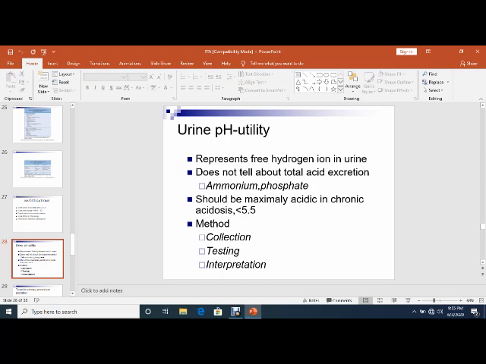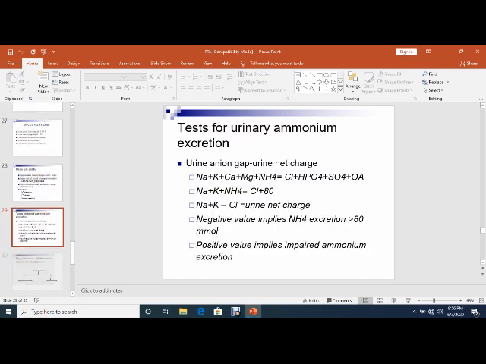Urine pH represents the free hydrogen ion in the urine. It does not tell about the total acid excretion. Ammonium phosphate may be excreted, and urine should be acidic in chronic acidosis. The pH should be less than 5.5. The methods, collection, testing or interpretation, are the methods by which we can check the urinary pH